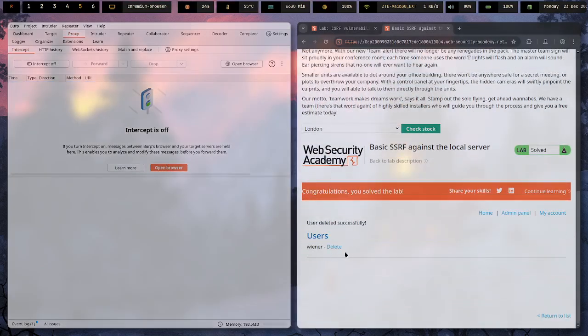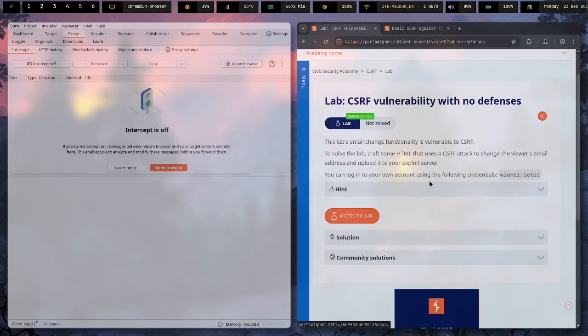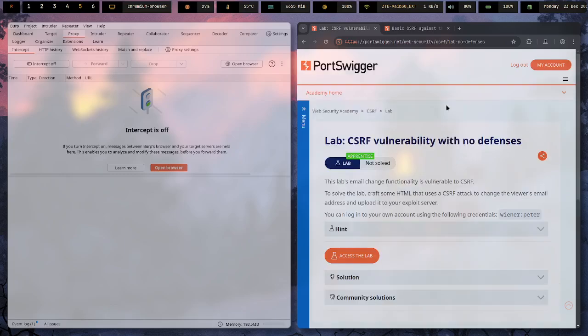There we go. We don't have Carlos anymore, so we've successfully deleted Carlos from it. And the next example, the problem with the next example is we don't exactly know which location. We just know that it's in a private network, but we don't know the full IP address. So the problem with the next lab is we need to use Burp Intruder to brute force through different values